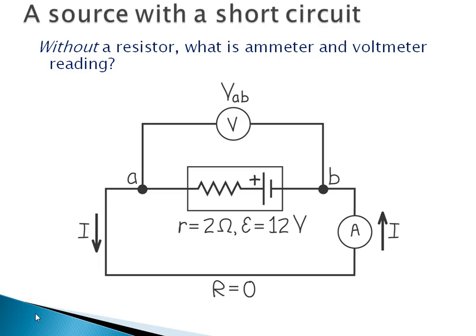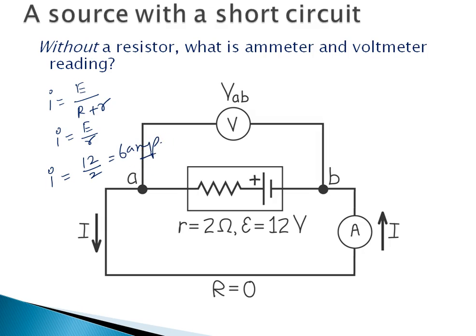So again I will explain the short circuiting circuit. In this short circuiting, you are connecting both the ends of the battery with the help of the zero resistance wire. Now can you tell me what is the ammeter reading and what is the voltmeter reading? I think I told you earlier, net current in the circuit is written as E upon R plus r. Of course R is 0, but small r is not 0. So what is the net current? You will say 12 upon 2, you will get 6 ampere.